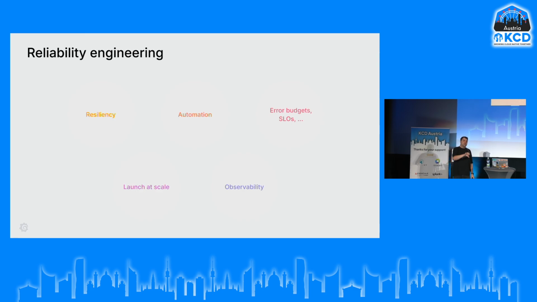So we think about resiliency, and what does it mean here? Resiliency means that once we have code that is ready from the business perspective, we get it in front of a reliability engineer, which can even be the same developer, and they change the mindset. Now I have to think, how can I make this software more resilient? What kind of code should I add to make it resilient? Should I add a queue in here? Should I add a bulkhead there? Should I add some retries with backoff here? That kind of thinking goes in place as part of the development process, and it belongs to reliability engineering.